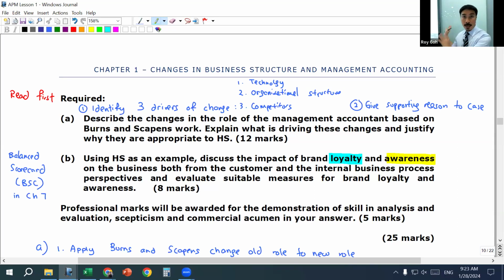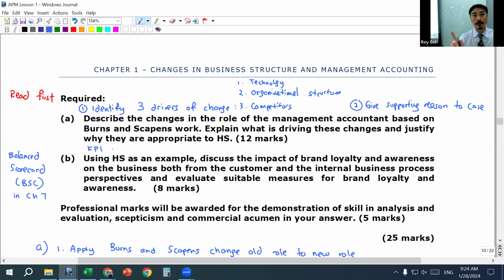So I know that awareness comes by advertising. When the company advertises a lot, then people know your brand. It raises the awareness. Then when a customer tries your brand and they like the brand, they go on to buy the second time, the third time, and the 4th time. So when a customer buys many times, it creates brand loyalty. Therefore, you are my accountant. The KPI for awareness,